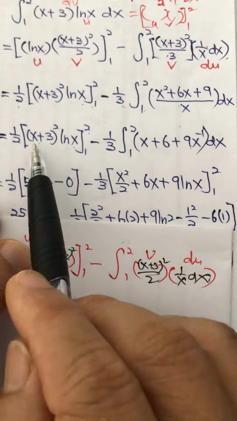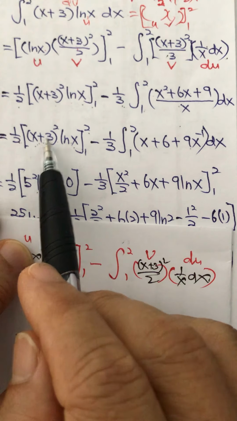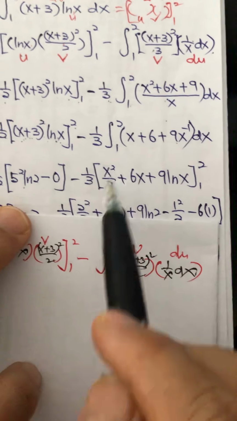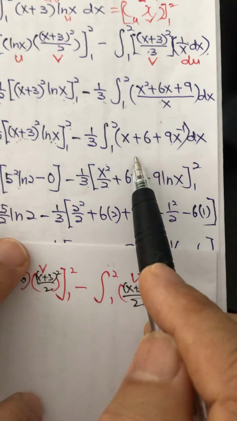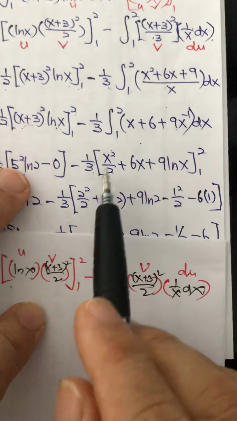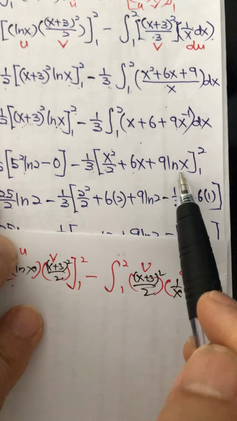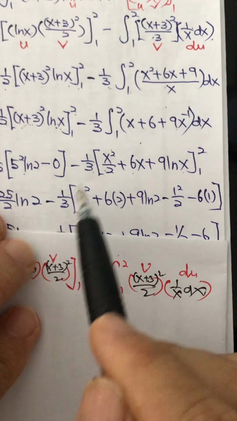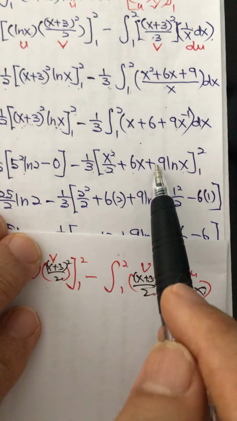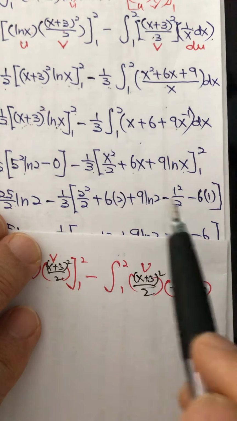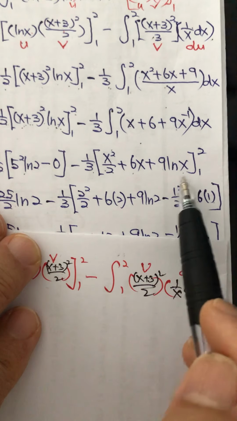Then you will get, substituting 2, 5 squared ln 2. And then when you substitute 1, you have 4 squared ln 1. Ln 1 is 0. Then minus 1 over 2, here you substitute 2, you have 2 squared. So you see how I substitute here. Sorry, I integrate first: x squared over 2, 6x, 9 ln x. Then this one is 25 over 2 ln 2. Here I substitute 2, I get 2 squared over 2, 12, 9 ln 2. And then when I substitute 1, I must minus 1 squared over 2, minus 6, and then ln 1 is 0.